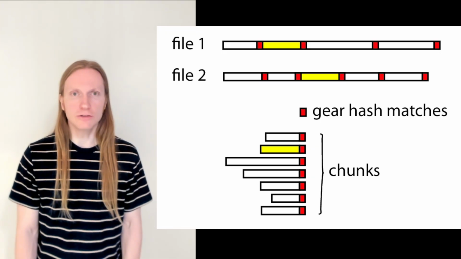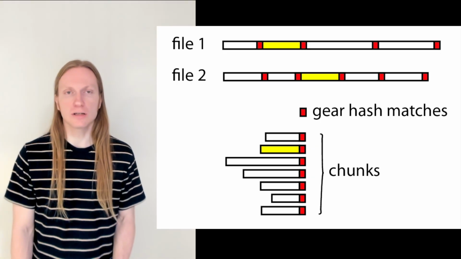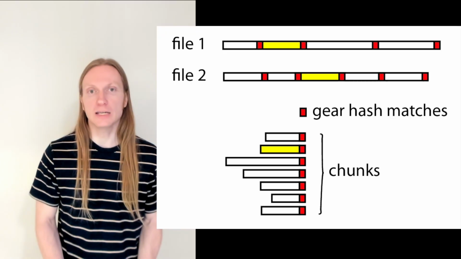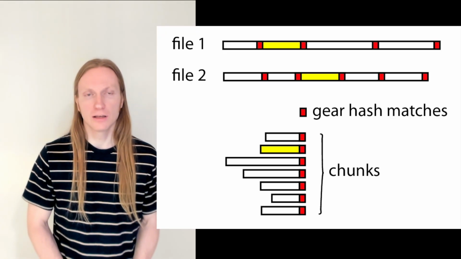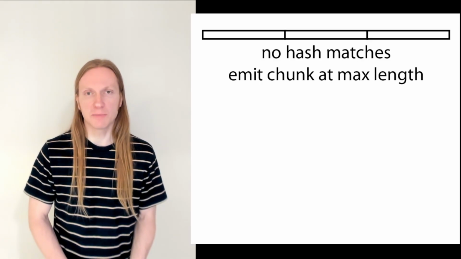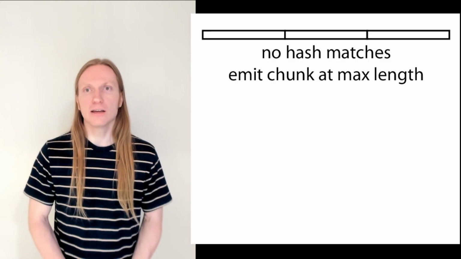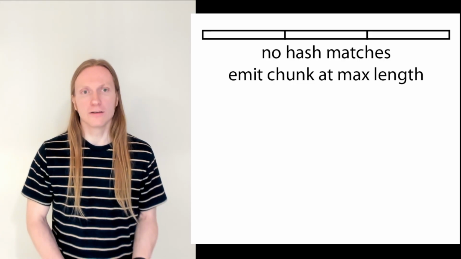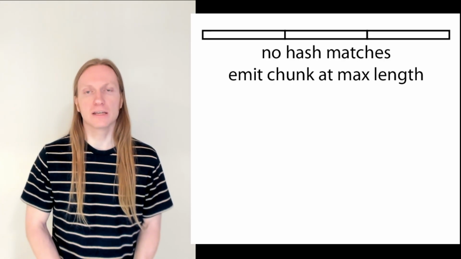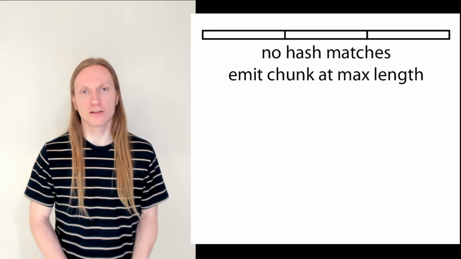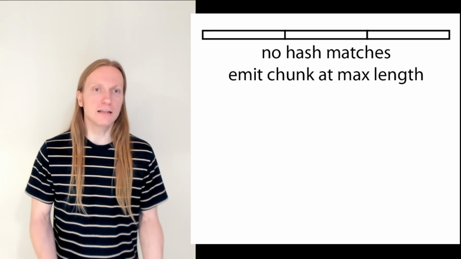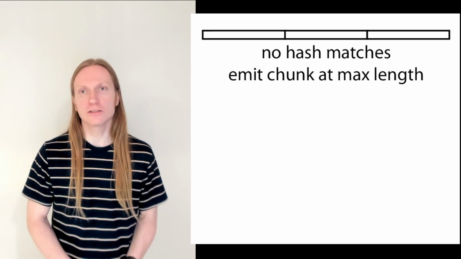We're looking for 32-byte markers that match a specific condition, and we're treating all the data between the ends of those markers as a chunk. That fact explains why we have minimum and maximum chunk length parameters. They avoid pathological cases. There's a maximum chunk length for cases like having an input of all 0 bytes where you never get a hash match, and you might say, anytime there are 2,000 bytes without a hash match, just treat it as a chunk